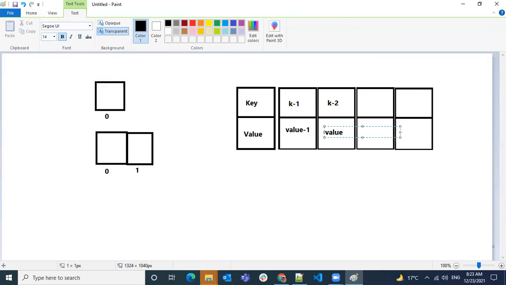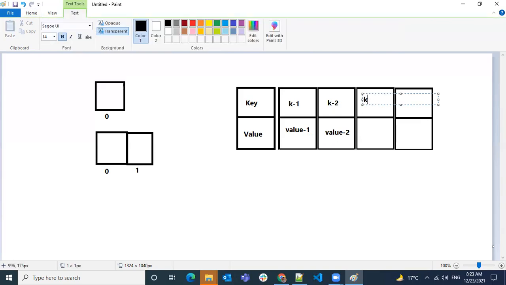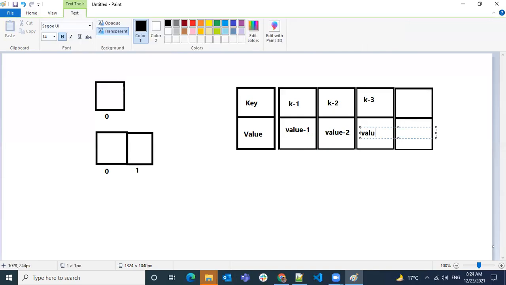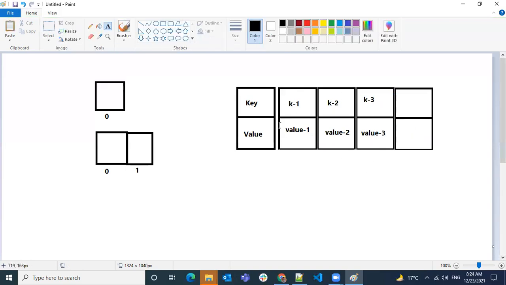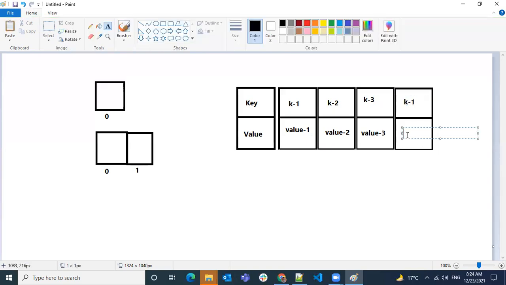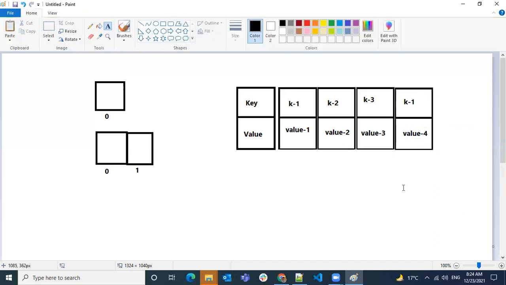When you have a key and value combination, the key is always a unique value, and the value can be duplicated. That means if you already have these values, and you try to give the same key with a different value, it will not allocate a different space for it.